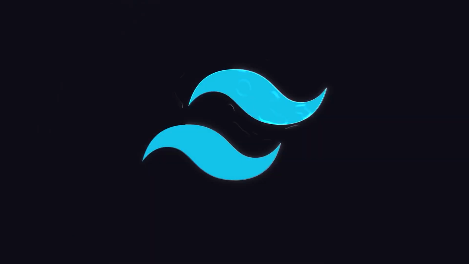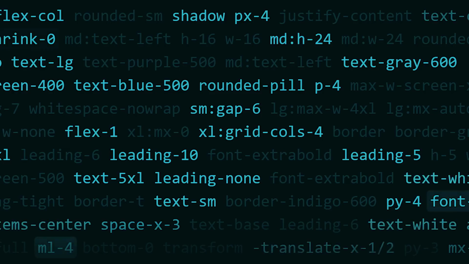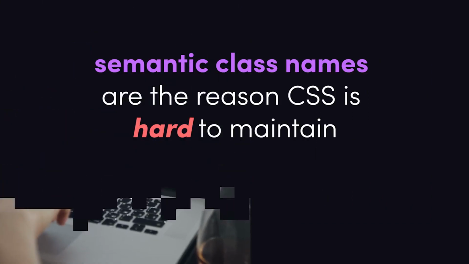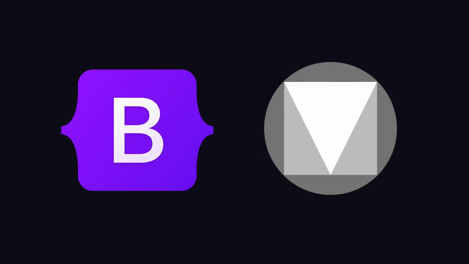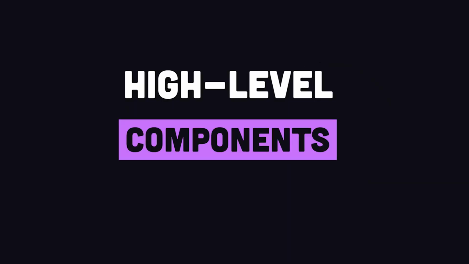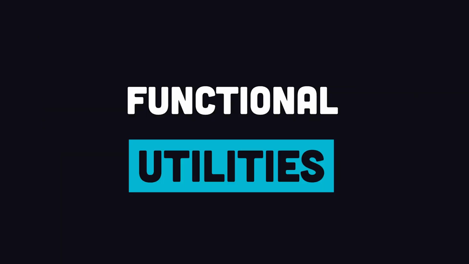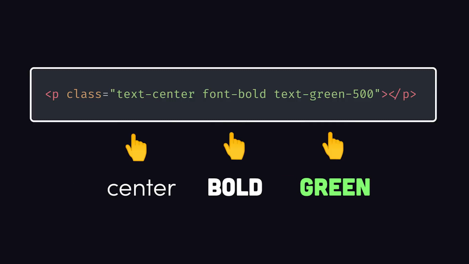Tailwind, a massive collection of tiny CSS utility classes for quickly and consistently building good-looking websites. CSS is hard. Design is also hard, but naming your CSS classes in a sane way is virtually impossible. Frameworks like Bootstrap and Material address this challenge by creating styles for high-level components, things like buttons, drop-downs, and forms. Tailwind takes a more functional approach by providing you with utility classes that can be composed together to build components